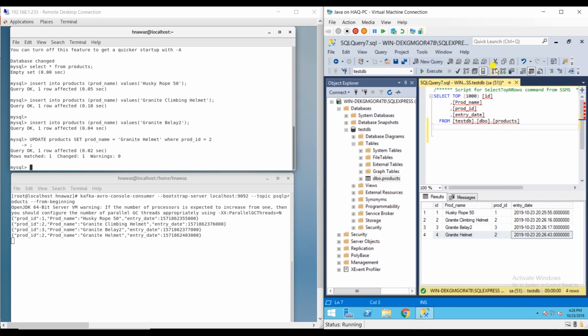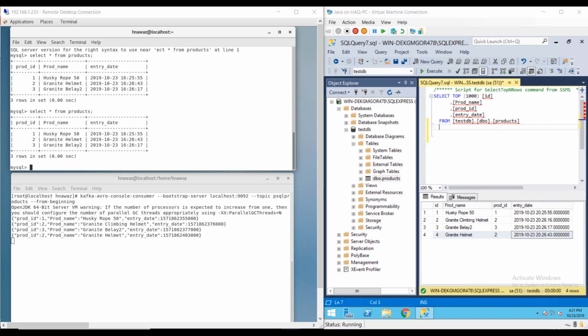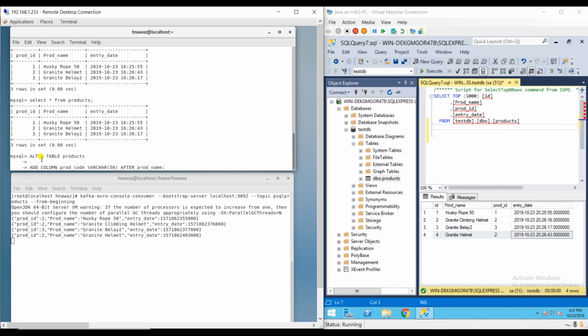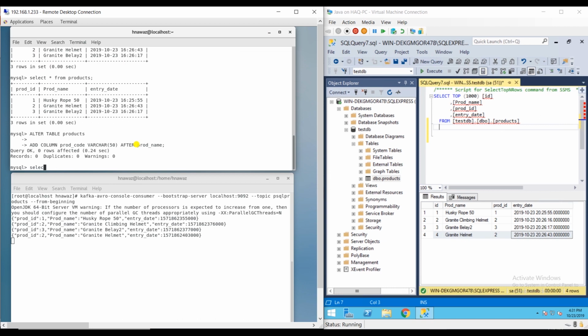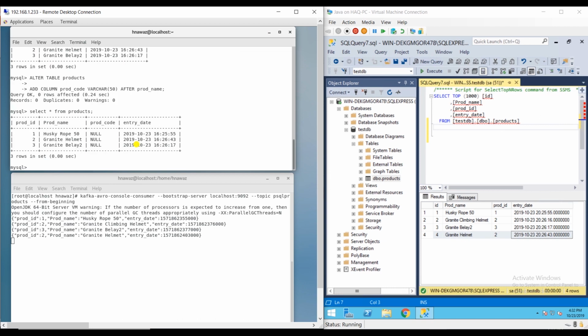Let's take it up a notch. Let's revise the source system schema and see if the schema registry does its magic. I am going to add a product column to the source database. I'm going to paste pre-written code and execute it. Column is added,